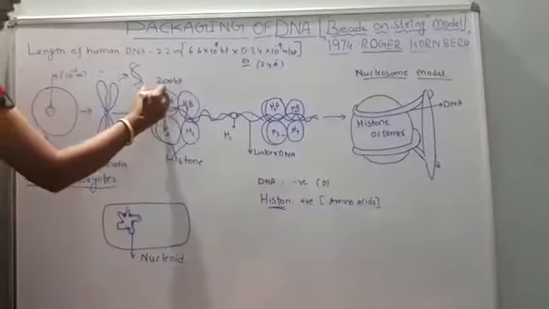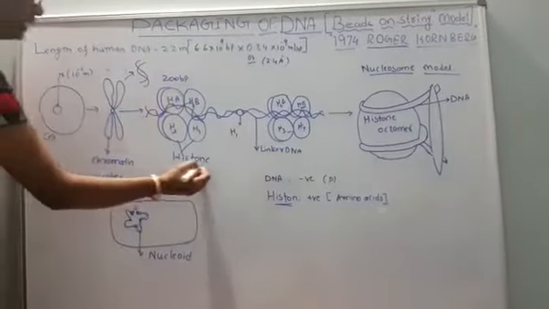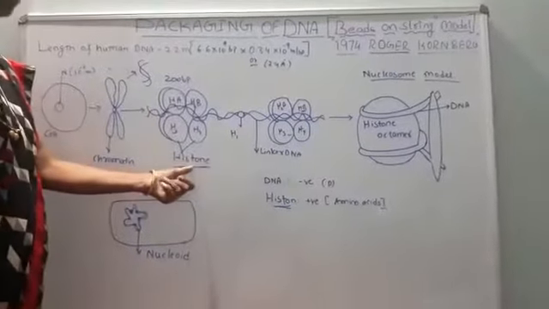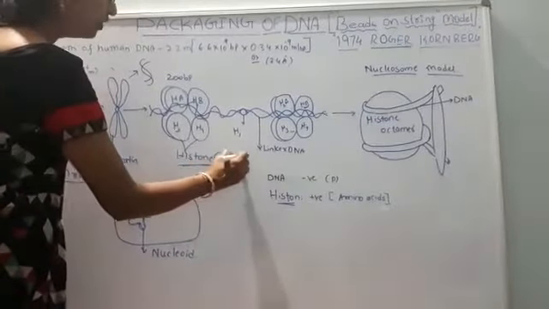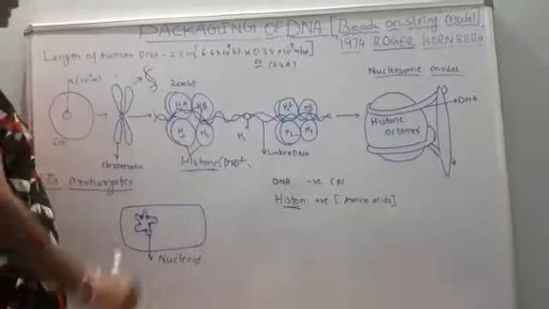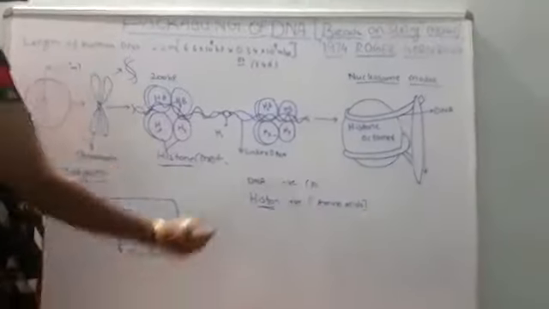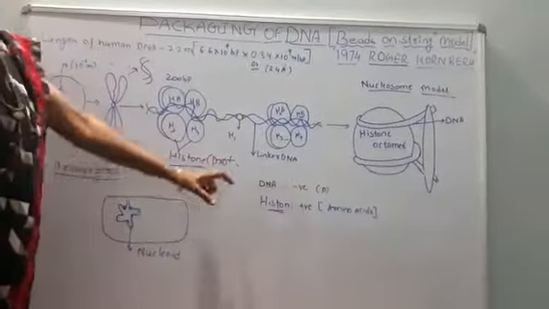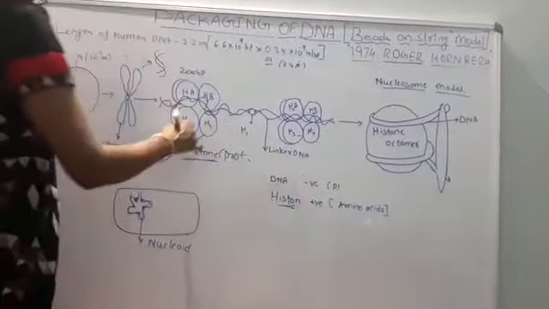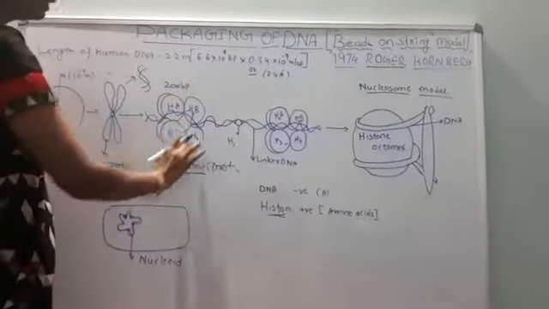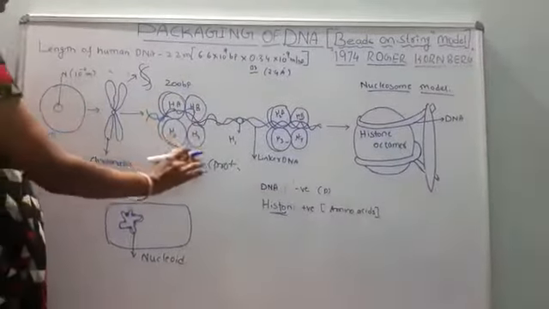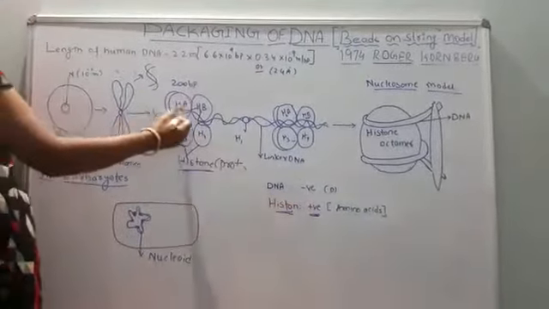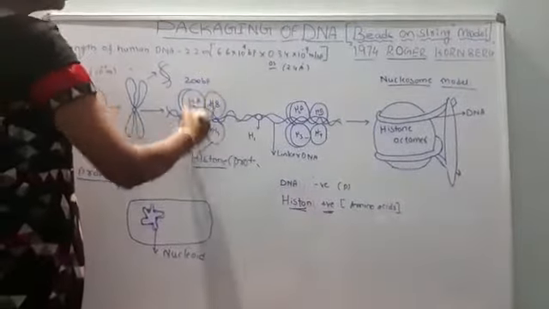Means there is a set of positively charged molecules, known as histones. So what are histones? Histones are positively charged molecules, specialized proteins found within the DNA. Since we know that DNA is a negatively charged molecule because of the presence of phosphate groups, whereas histones are specialized proteins associated with the DNA. They are proteins and positively charged molecules, which means the double helical DNA wraps over the histones.